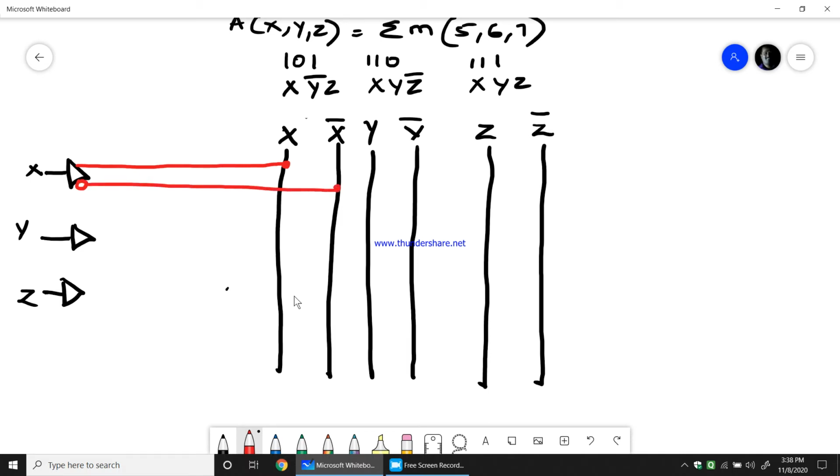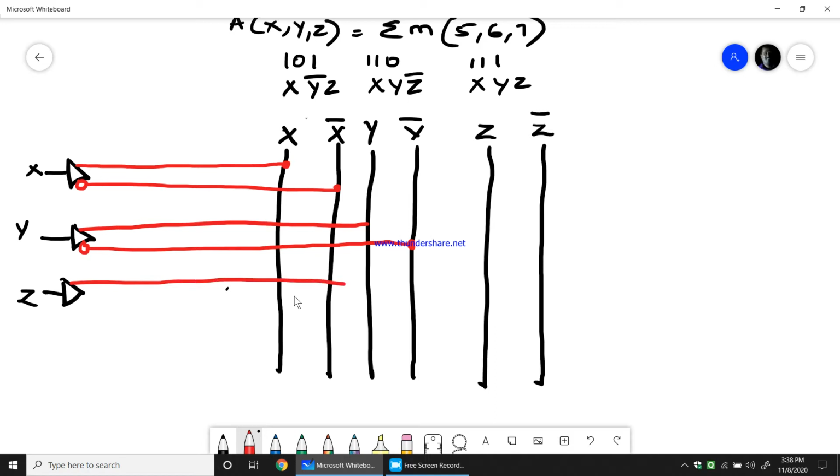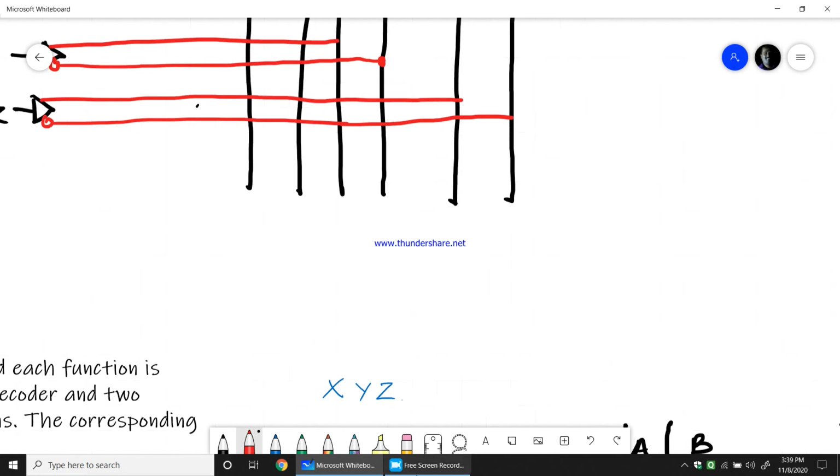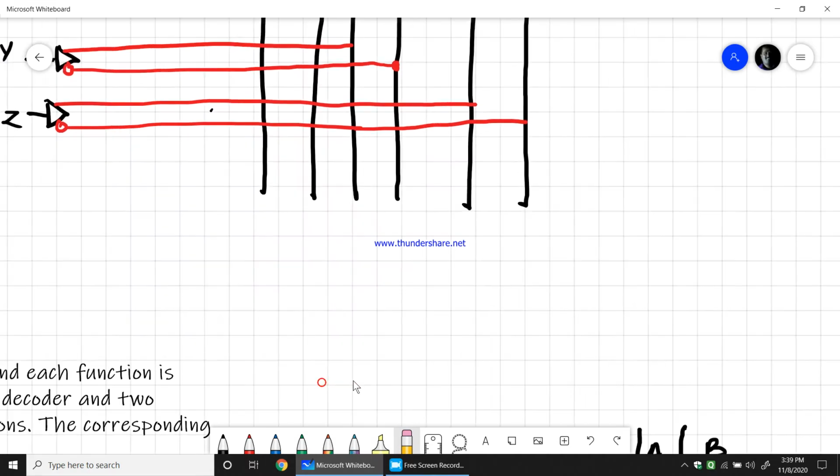Similarly this will be connected to y, whereas the bubble y bar will be connected to y bar. Similarly this will be connected to z, whereas this will be connected to z bar. Now we will have an AND gate connected to this.